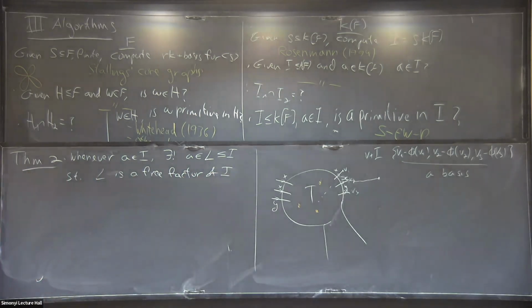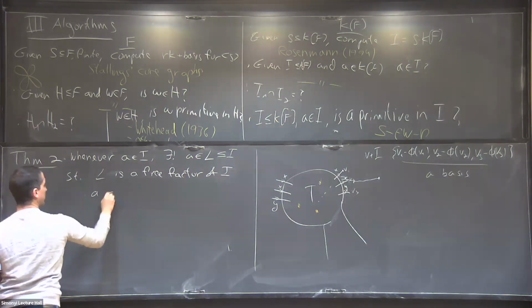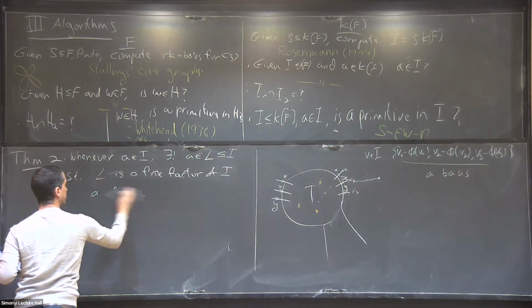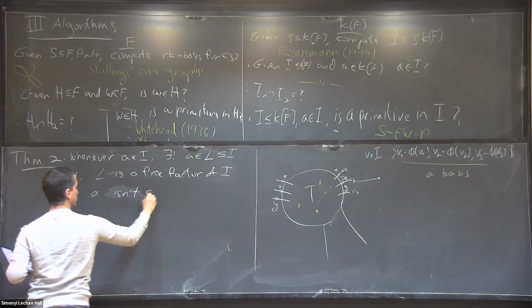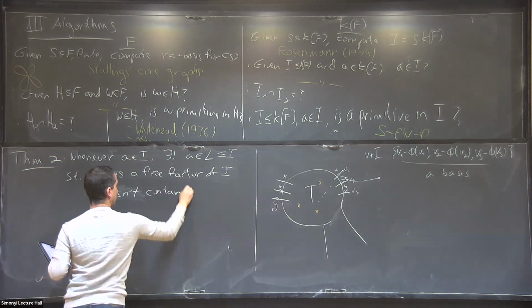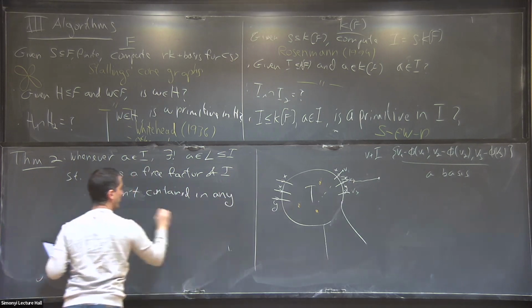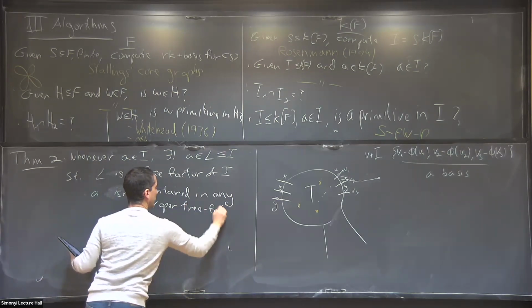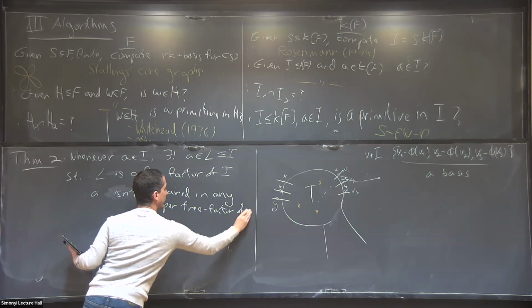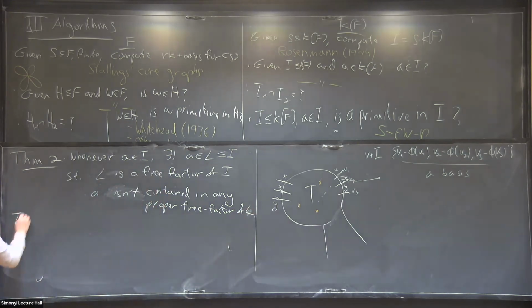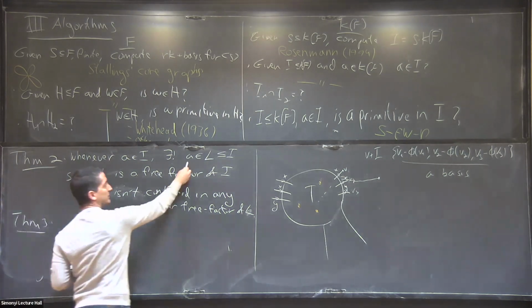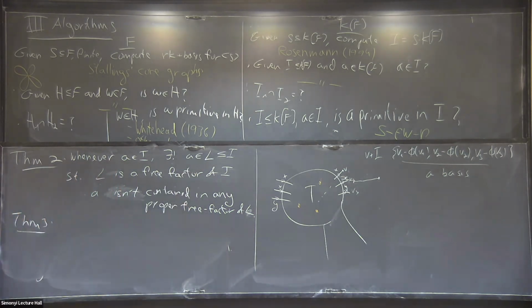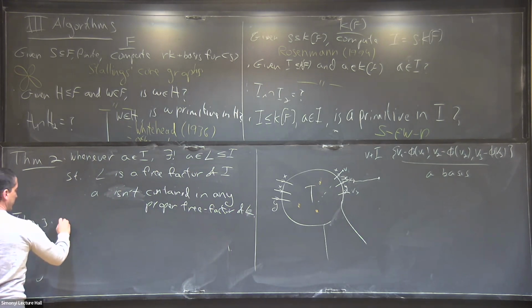Or free summands, if you want. And A is not contained in any proper free factor of L. Now, given this, if A is primitive, this L is just the ideal generated by A. And the general theorem is that this I